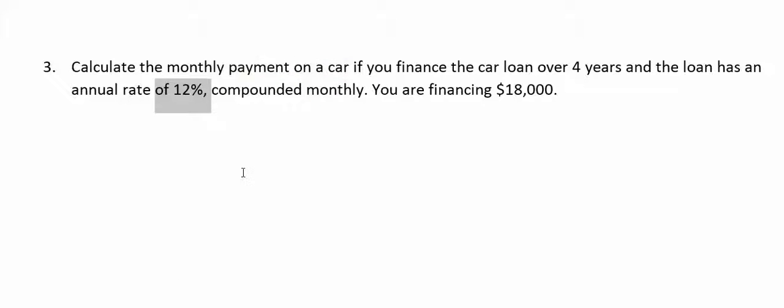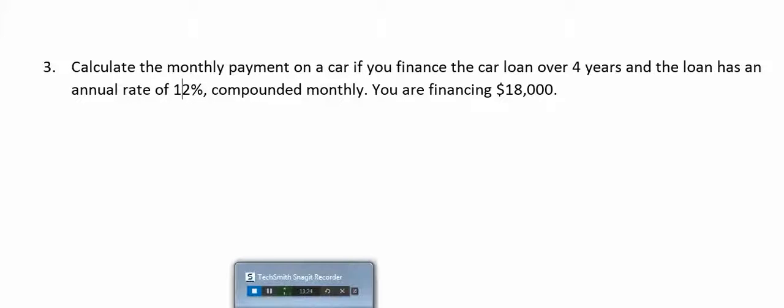And when you go look at your interest factor tables, I don't have fractions of rates on there. My rates start at 1%, so 0.5% isn't on that table. So I have to give you fairly high annual rates for monthly compounding. You might think that interest rates on car loans are nowhere close to 12%, and that's true if you have a good credit rating. I bought a car last year, and I asked them to provide me with the interest